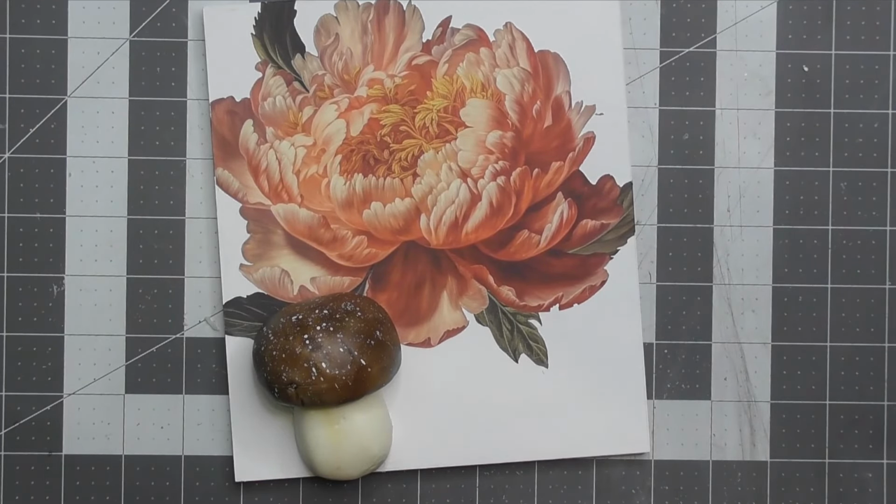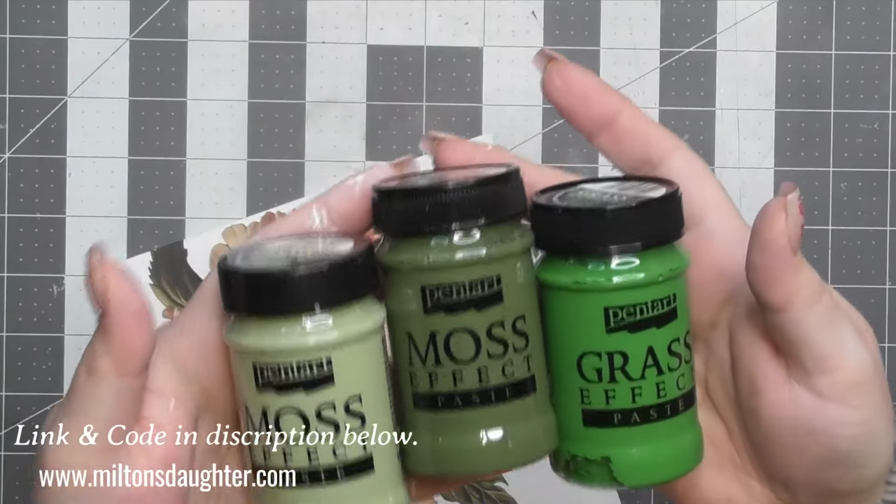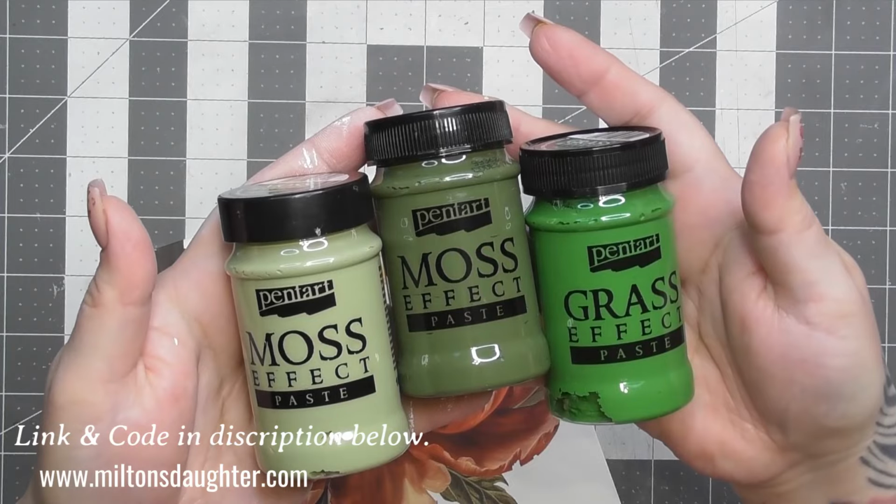I wanted it to have a different type of depth so it does look 3D. And then the piece that I cut off of the bottom, I'm putting that off to the side because we're going to use that to add florals and other little goodies into. And now